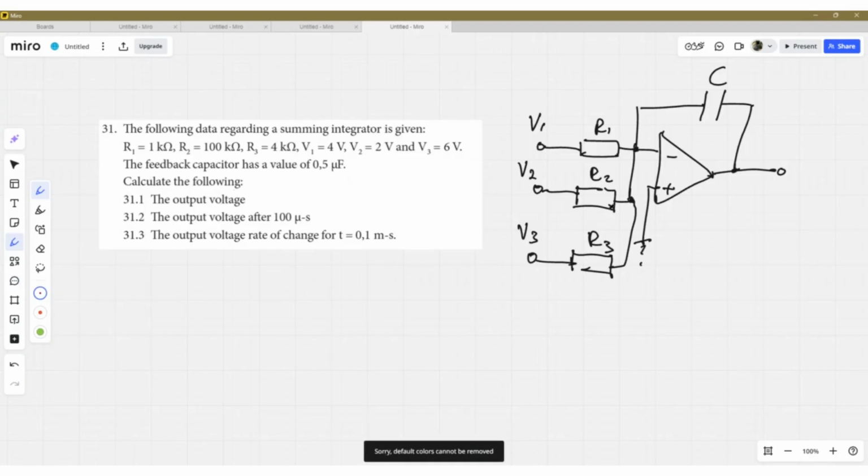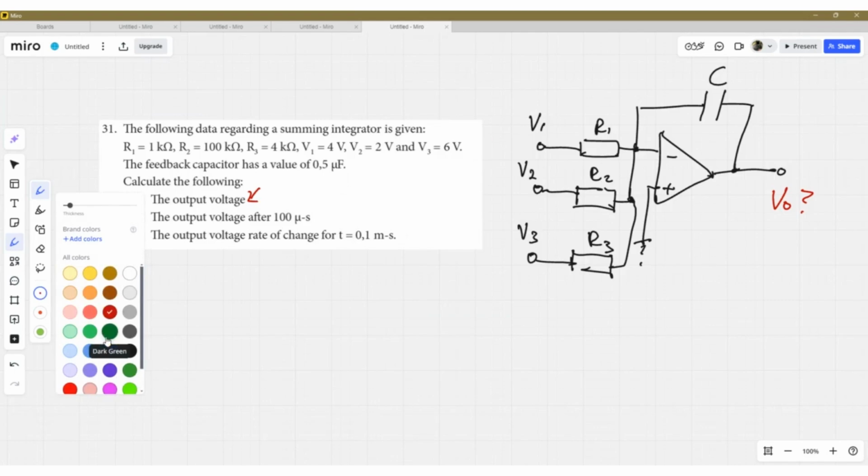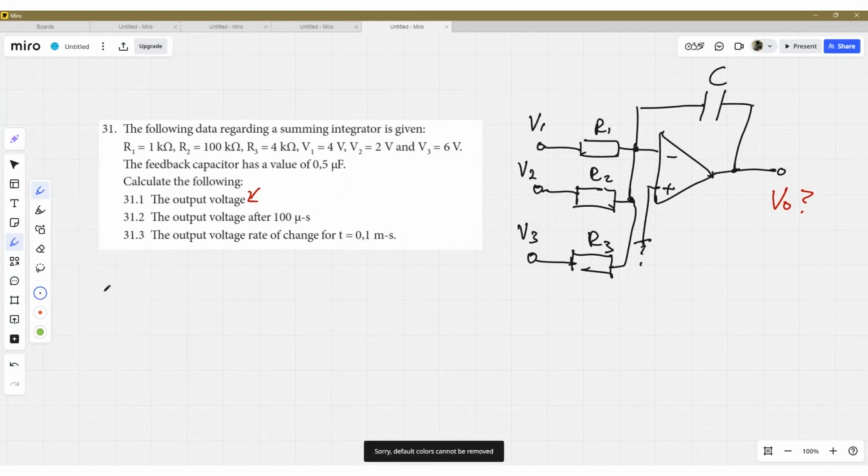Okay, so we need to calculate what the output voltage is going to be. We want the output voltage after 100 microseconds. You'll see that you're going to get an equation here for the output voltage, because we're going to integrate in terms of time the whole time. So what your formula is going to look like: the output voltage is going to be minus 1 over C multiplied by 1 over R, and let's make this easier on ourselves